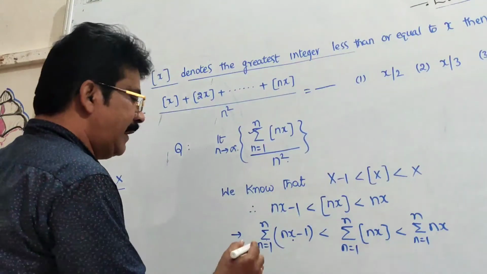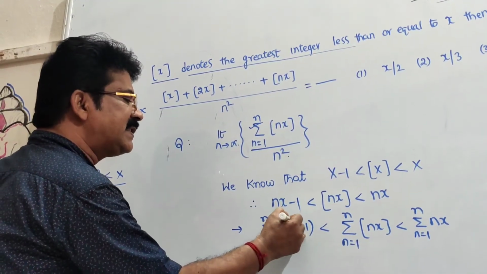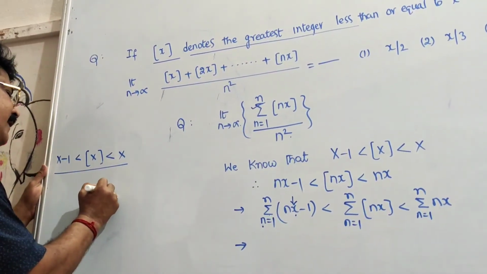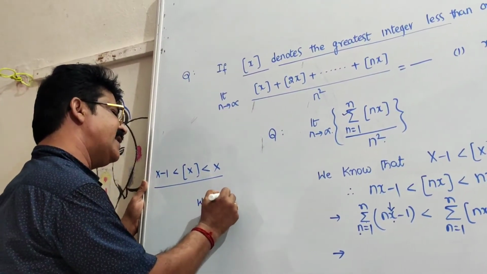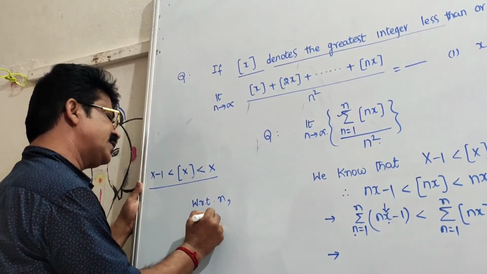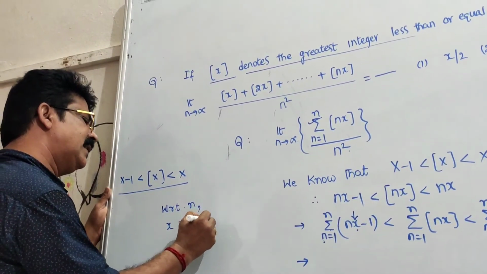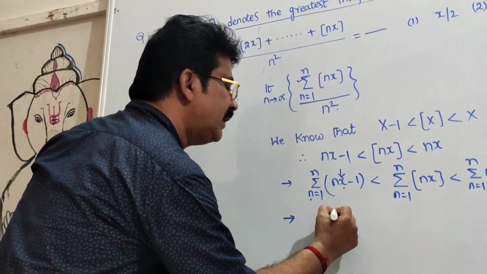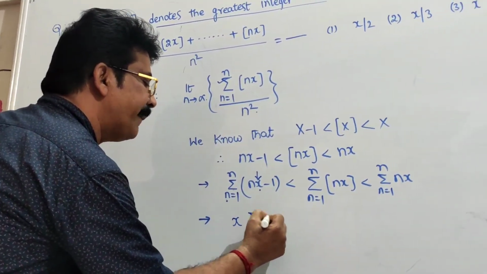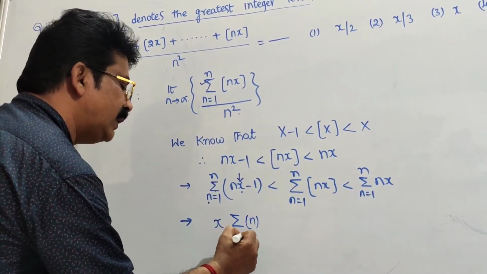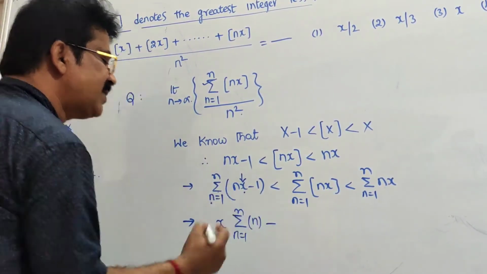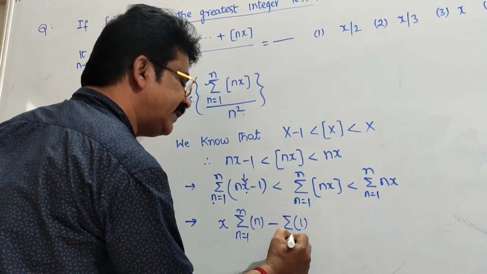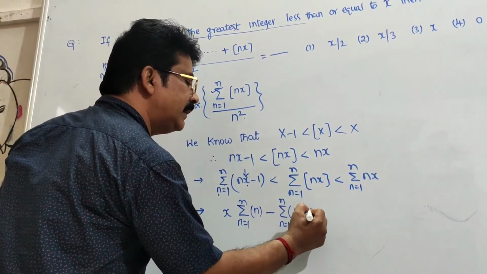So with respect to n, x is constant. Therefore keep x outside: x into sigma n, n equal to 1 to n, minus sigma 1, that is n equal to 1 to n, less than